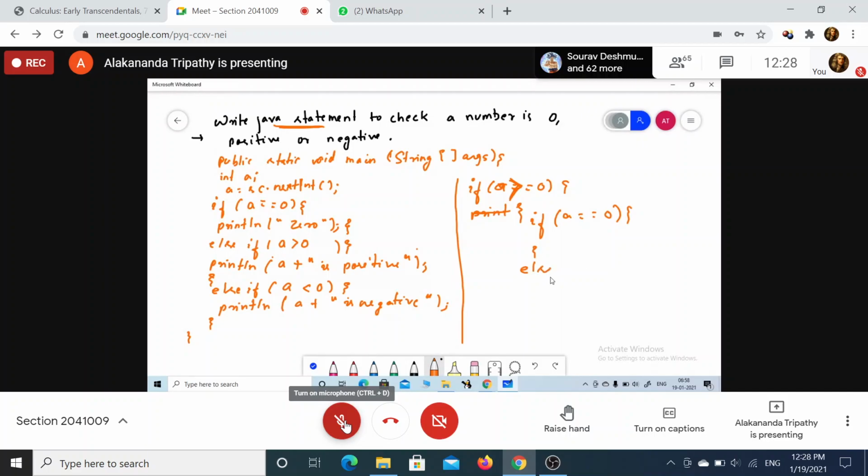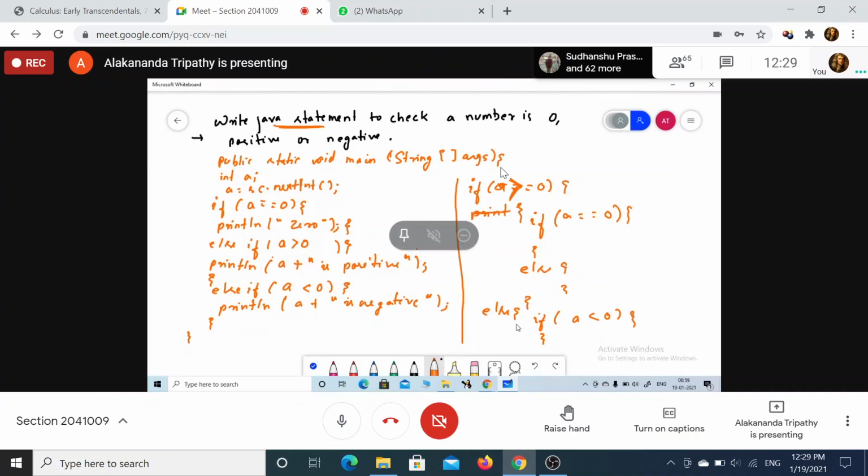Else, what will it be? A is 0. Otherwise here you are going to print it is positive. Positive. Yes, ma'am. Here again in else part, here you need to go with if. No, ma'am, A directly less than 0 we can say. Yes? Ma'am, directly we can say, no, if A is greater than equal to 0, and then.